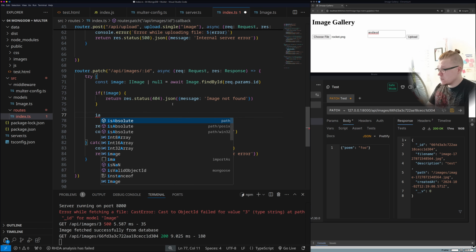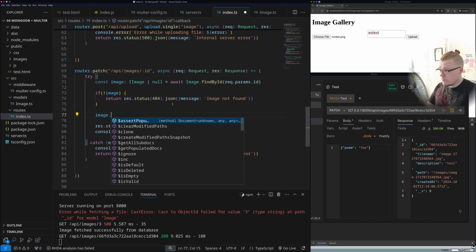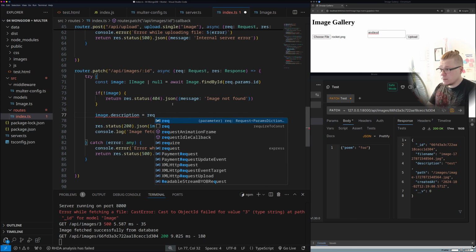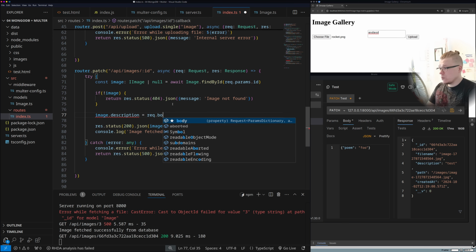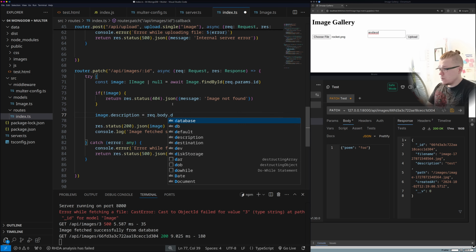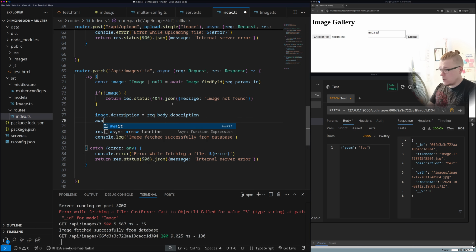So let's just modify it. So we are having the image, it has a description, but we are replacing the description with the description that is provided with this call, like this. And now we can just save the image